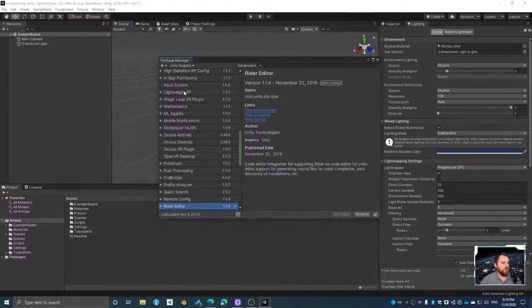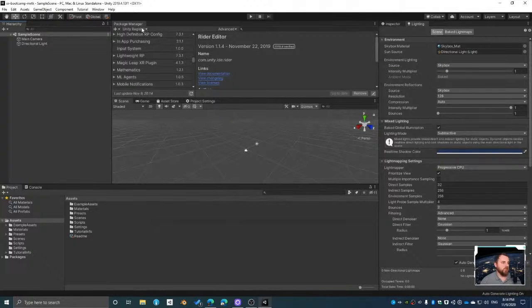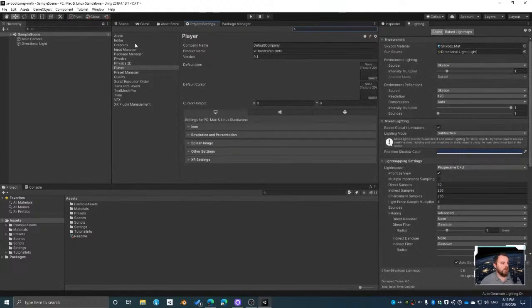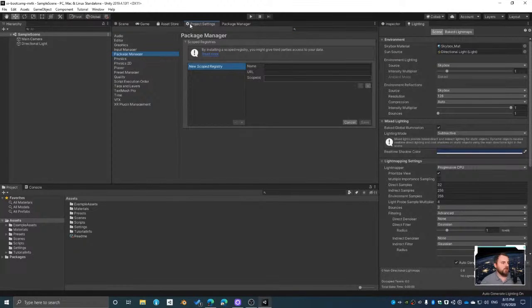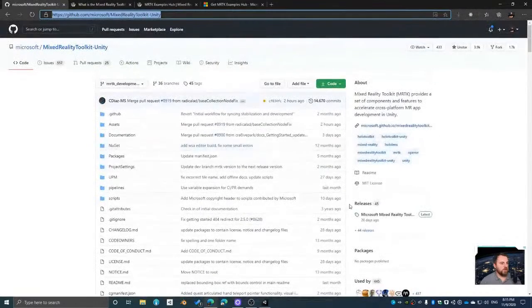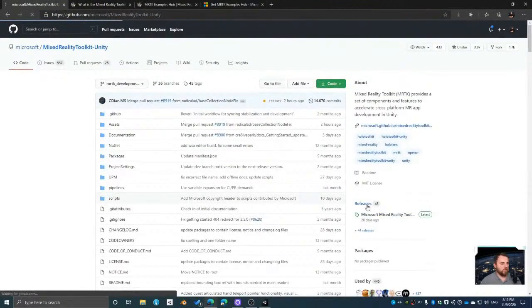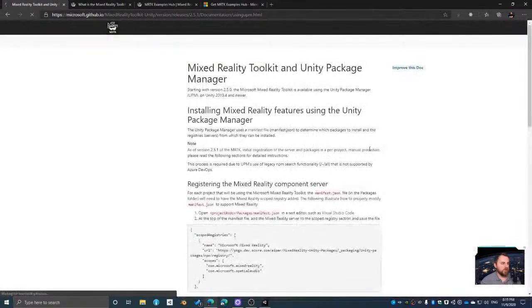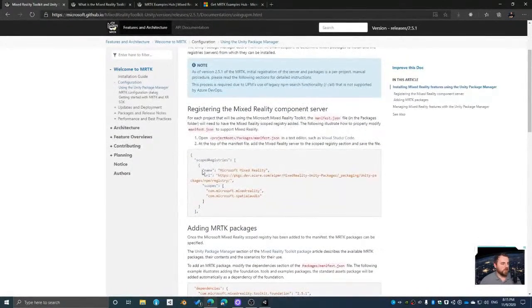So we have to add the custom registry of Microsoft so the packages appear. And to do this, there are actually two ways. In the latest Unity release, in the project settings, you can find the Package Manager. You can find this under the releases, and then there's a link for the Mixed Reality and Unity Package Manager. And here we can find the data that we need to enter. So you could copy paste this into the Unity Editor UI